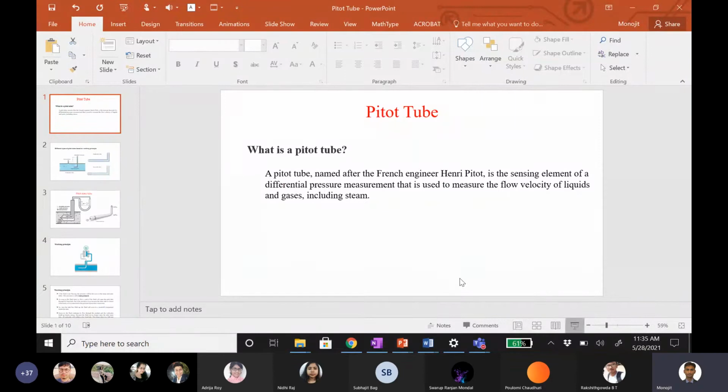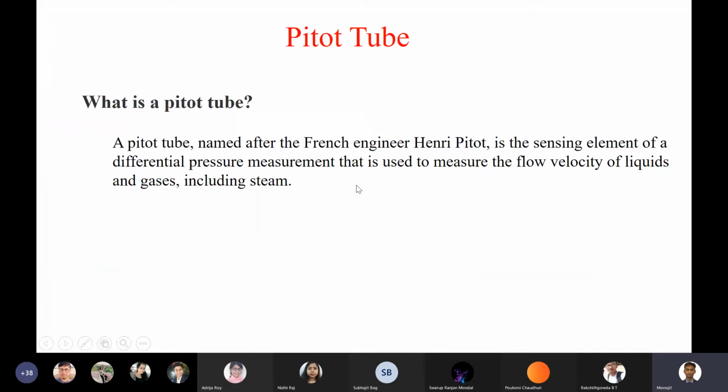So can any one of you tell me what you understand by this, or what idea you have of this pitot tube so far? Because you have already gone through the fluid mechanics course, you must have some idea of what a pitot tube is and how it works. Any one of you, any idea? It converts the kinetic head into pressure head. Yes, and then what do we do with that kinetic head? By the pressure, we can know the exact velocity of the fluid. Okay, not exact, approximate. You are almost close.